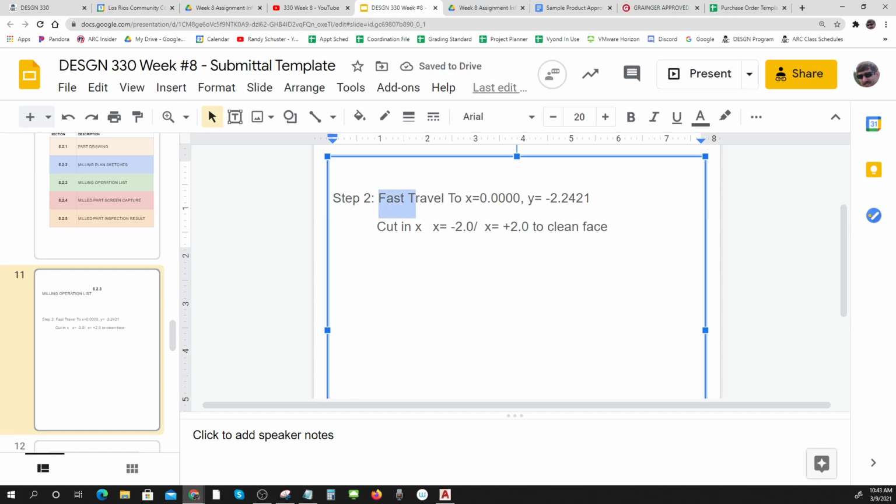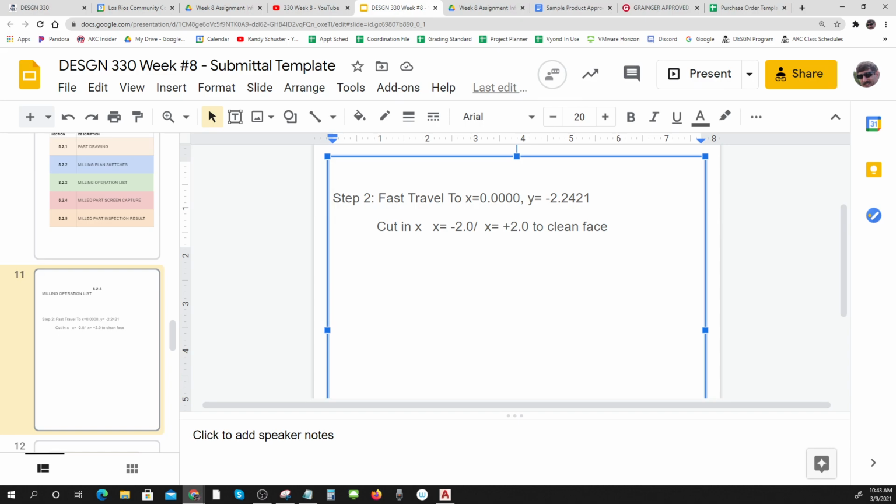Right? And that can all be programmed. Fast travel is a command. Coordinates are commands. Cut is a command. These are coordinates again. So you could use this to generate G code, but I just want you to set it down